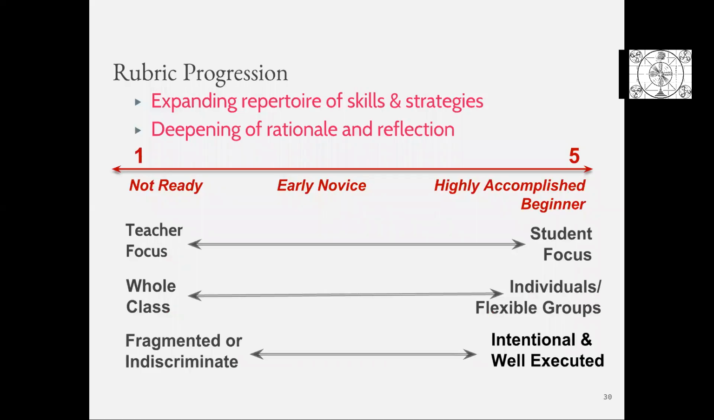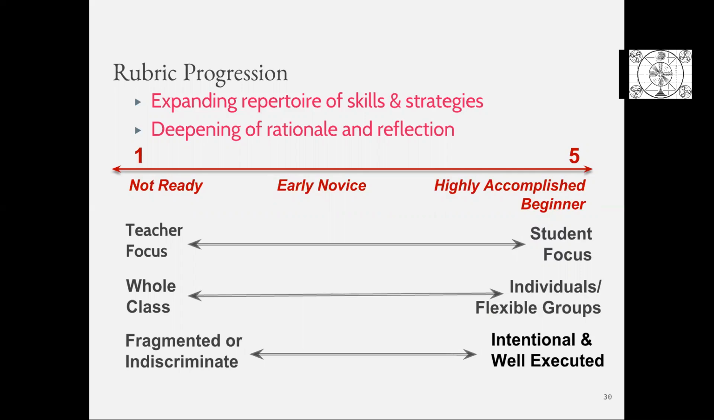The rubric levels are additive and correspond to an expanding repertoire of skills and strategies and a deepening level of reflection and analysis. They move from teacher focus to student focus, from whole class teaching to teaching individuals and groups. They also reflect a progression in the level of justification and analysis of teaching from fragmented and indiscriminate to intentional